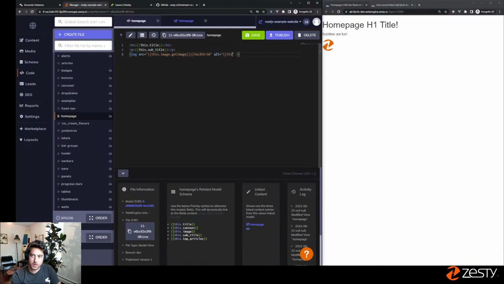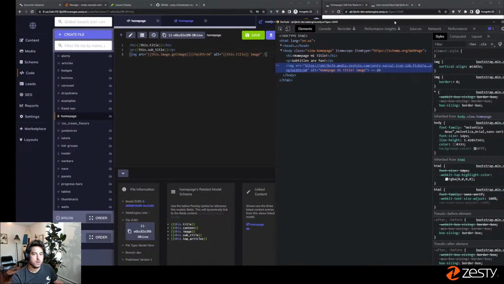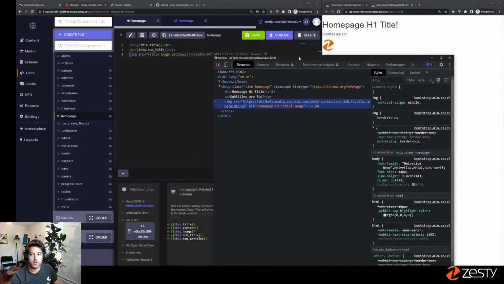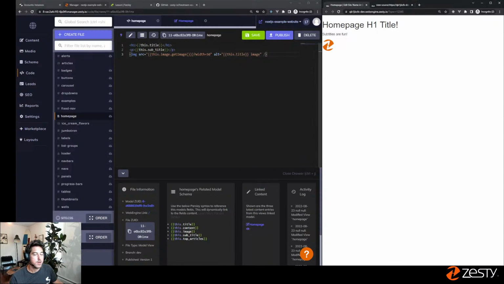also do the same thing. You can say this dot title image, right? Refresh the page, and if we inspect, we now have dynamic alt text too, which is very valuable. So you kind of can create your own alt text as well. It's very useful. So now the way Parsley and the templating rendering works, talking about the basics, is that there's